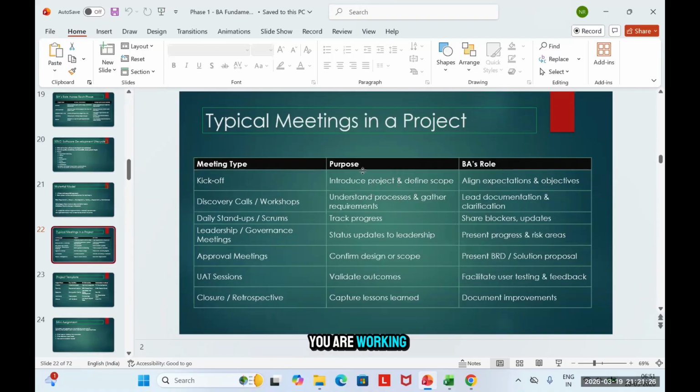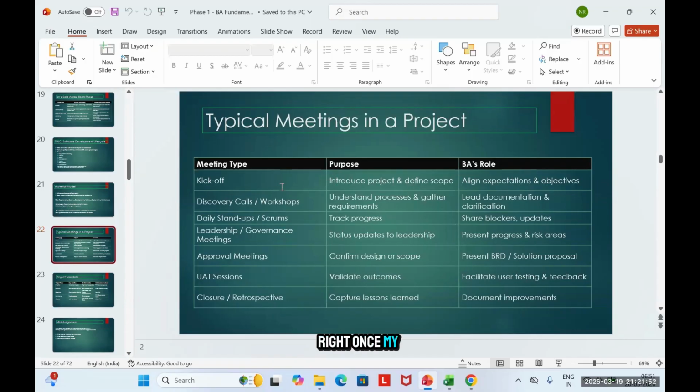Your role here would be on the passive side. The only thing you will be doing is understanding the expectation from the client. It will be led by the client itself. The client will be telling them, this is my company, this is my company's profile, these are my challenges, and this is what I want, I am expecting.